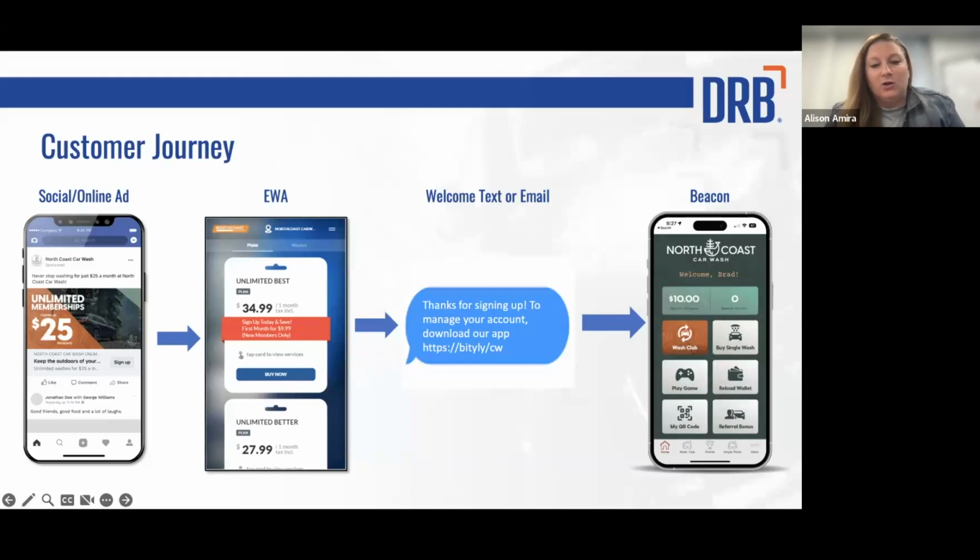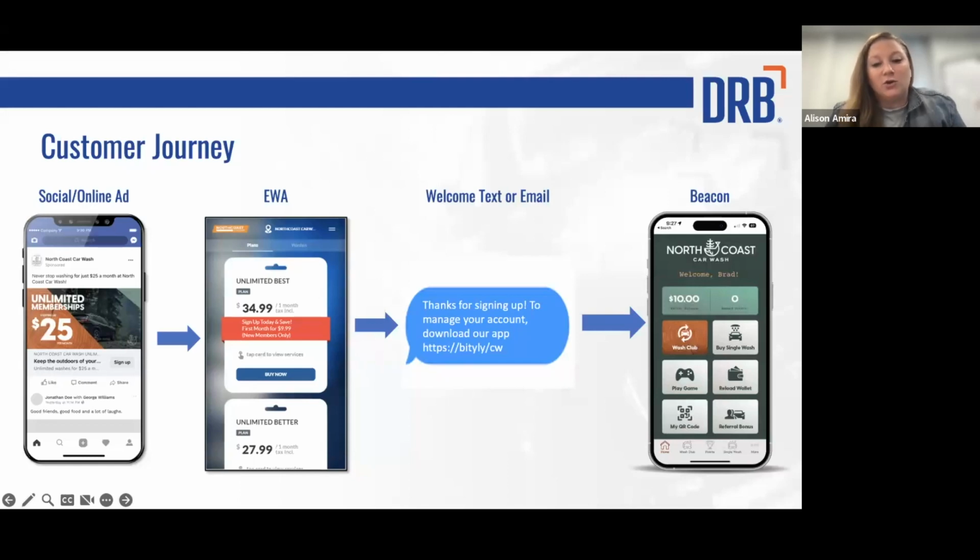So often we get the question, why a mobile application versus a progressive web app? And in an ideal situation, we're really utilizing both for different needs within the customer journey. So the PWA allows you to drive immediate action online. So for example, you're looking to increase membership sales through a social media campaign. When a customer clicks on that ad, rather than driving them to the App Store to download your app and make a purchase, they can click through directly to your essential web app where they can make that purchase online right away.